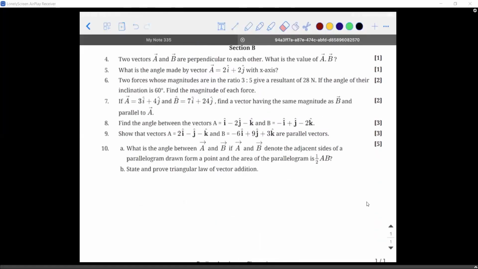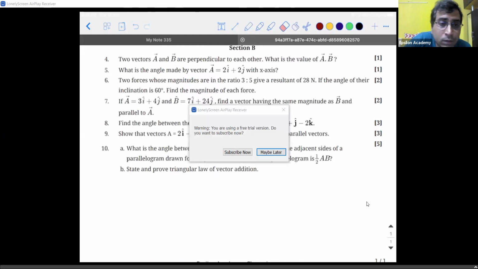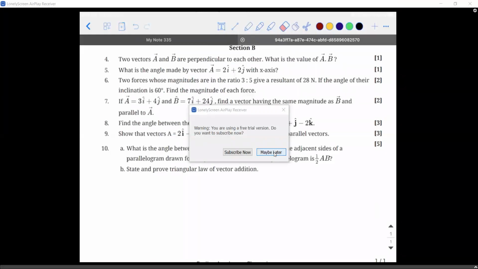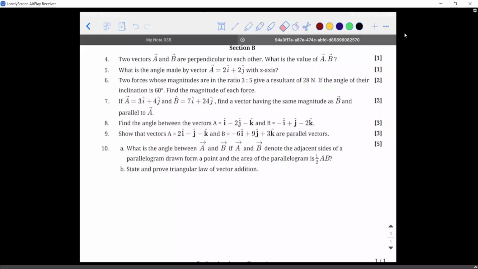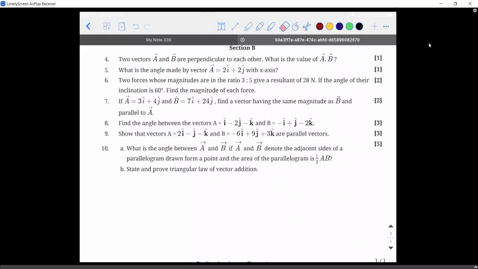Sir, yes, sir. Eighth question, isn't the question supposed to be A equal to I cap plus 2J cap? Because I did not get the answer. You're talking about the eighth one, Raghav? You didn't get the answer for 8? Sir, the answer was 99.59. If it is plus 2J cap, then the answer is correct, sir.